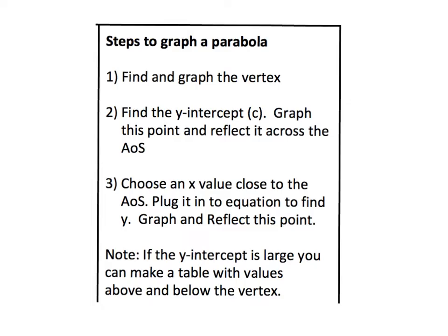The third thing we are going to do is choose an x value close to the axis of symmetry. I usually choose a positive value because I seem to see less calculation errors with a positive value. We are going to plug it into the equation, find the y value, graph, and reflect this point. We are still looking to put 5 points on our parabola, and the nice thing is now that we know how to find the axis of symmetry, we can use the fact that these parabolas are symmetrical to speed up